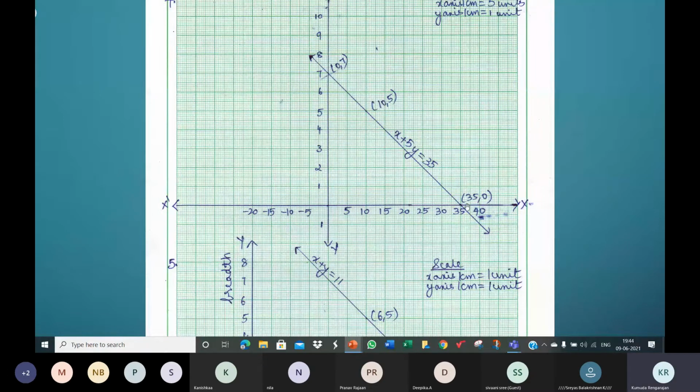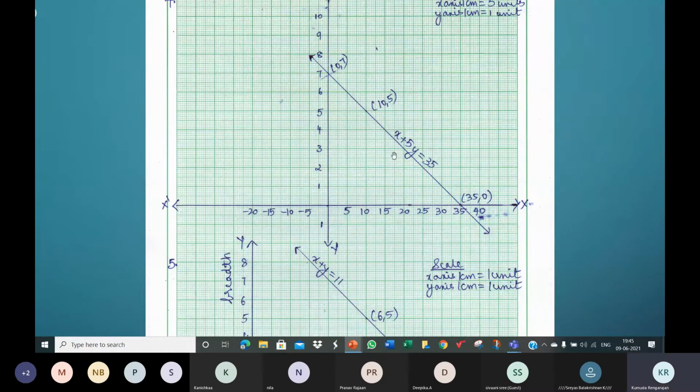Now you can see that in the x-intercept, the value of y will be 0. This is the x-intercept. (35, 0) represents the x-intercept of this graph. Clearly, the y value is 0. So when you want to find the x-intercept, simply in the equation, in place of y, use 0, and you will find the corresponding value of x, and that x value with y equal to 0 will represent the x-intercept.